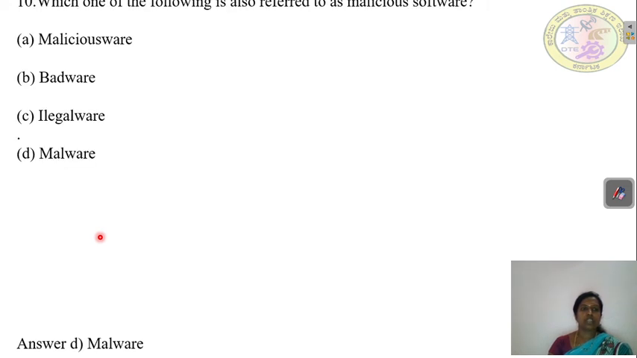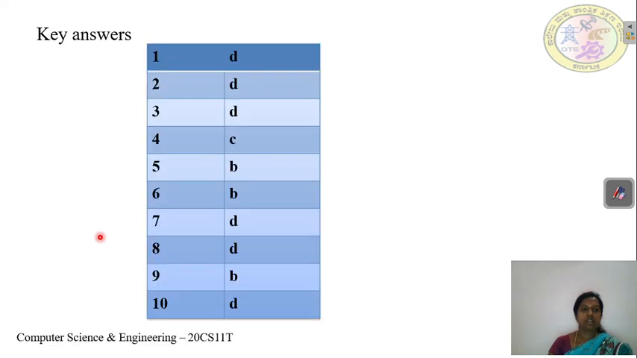10th question. Which one of the following is also referred to as malicious software? A, malicious software, B, badware, C, illegalware, D, malware. Answer D, malware. Key answers are 1, D, 2, D, 3, D, 4, C, 5, B, 6, B, 7,